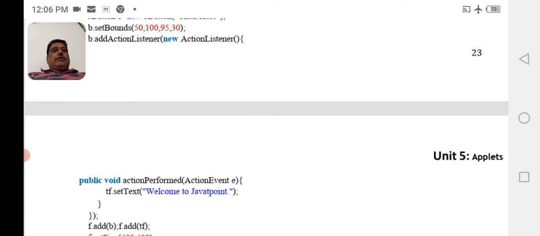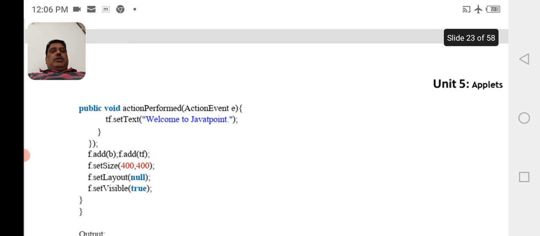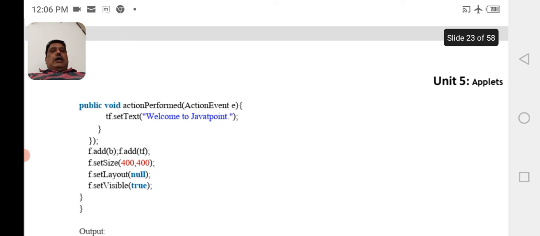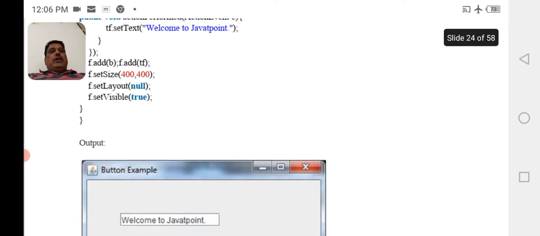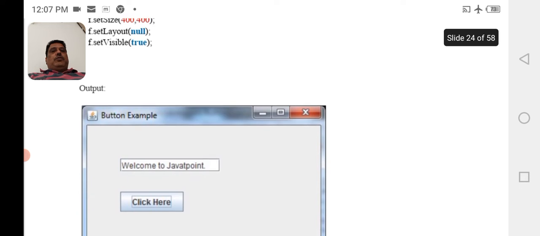public void actionPerformed(ActionEvent e) { tf.setText("Welcome to Java T Point"); } }); f.add(b); f.add(tf); f.setSize(...); f.setLayout(null); f.setVisible(true). So when the above program is executed, the output is